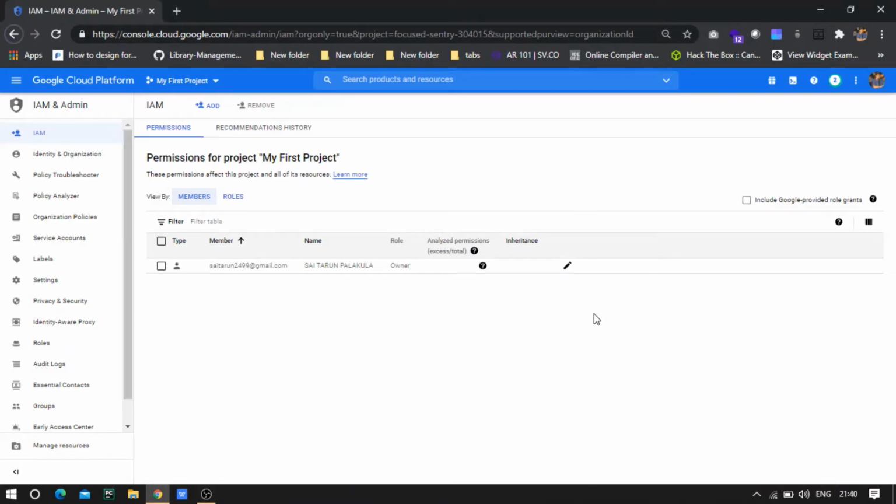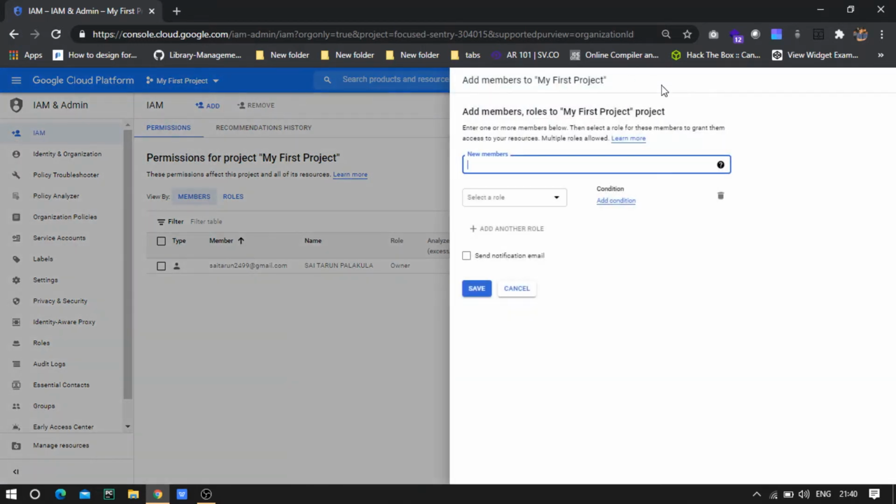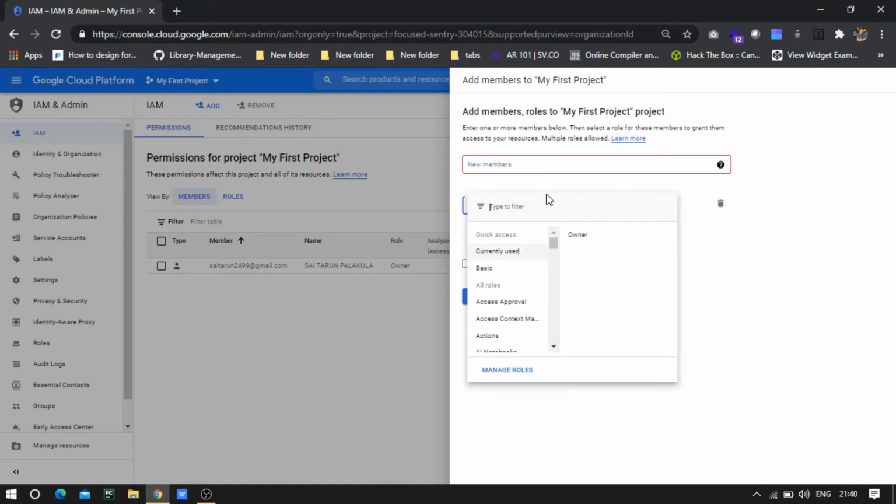Okay, let us see how we can add the roles and identities to the IAM. We just need to be in the IAM and click on add. Then here we can add a member. Then we need to select a role by clicking on the role.